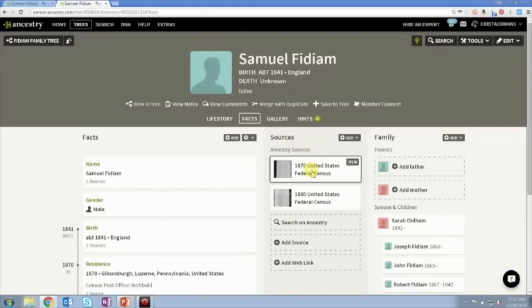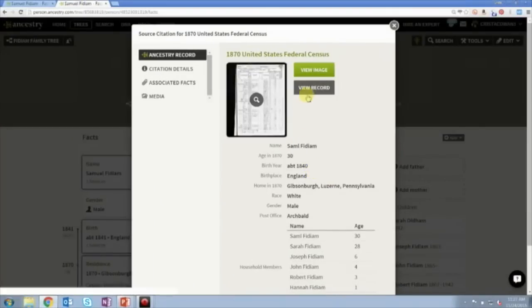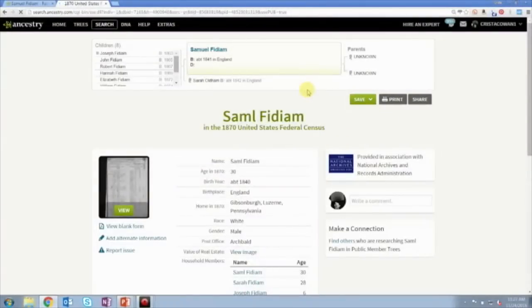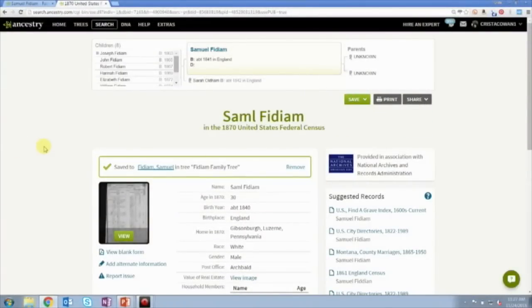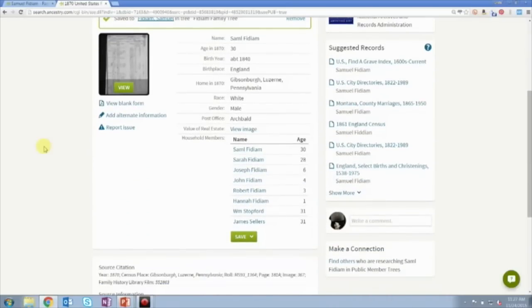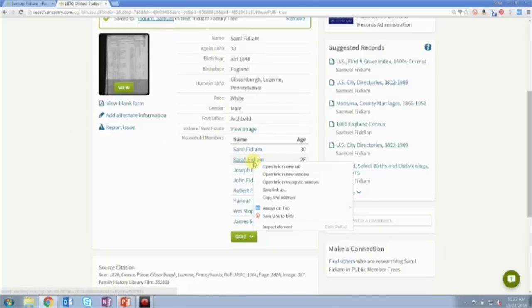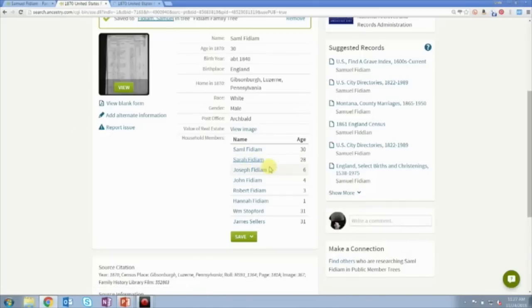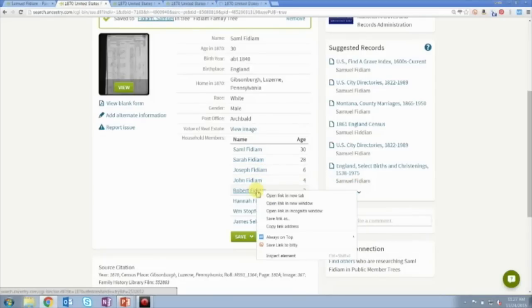Okay, I could then double click on the source, go back to view the record, and go through this one person at a time in that fashion, but for me that seems a little bit tedious. So here's where our right click and open a new tab function is going to come in handy. It's also a really great way to create kind of a forced checklist to make sure that you catch everyone in the family. So what I'm going to do is I'm going to click on Sarah with a right click, open a new tab. And I'm going to do the same thing with Joseph and with John and with Robert